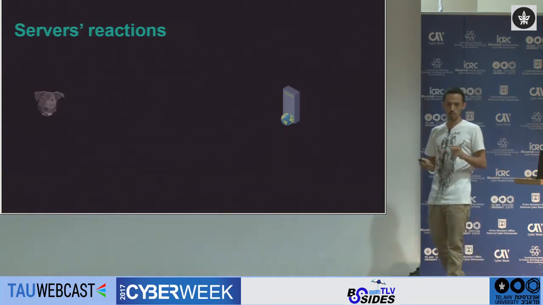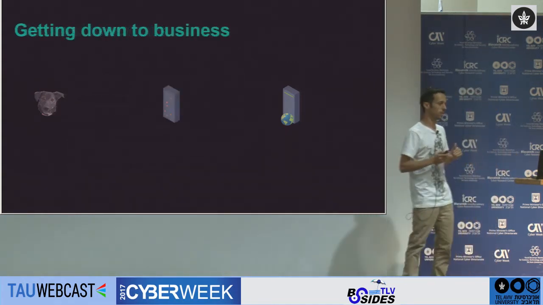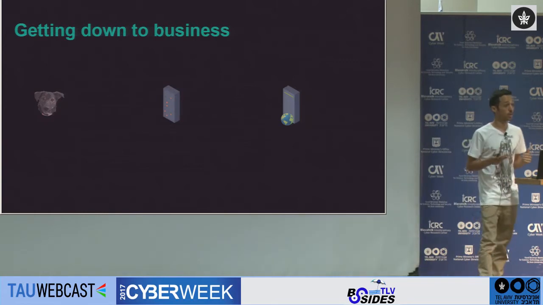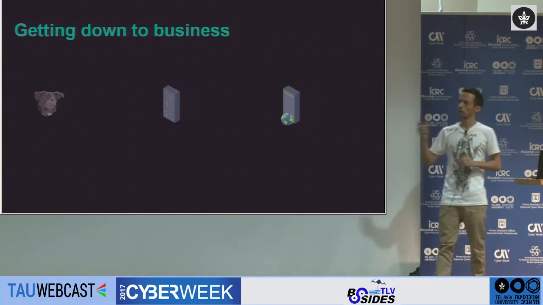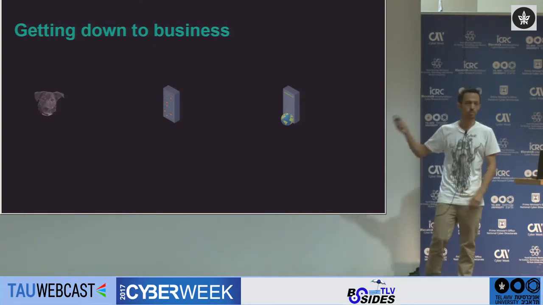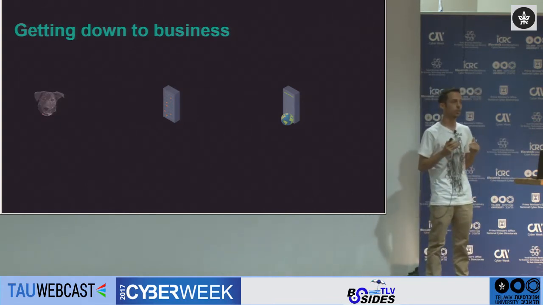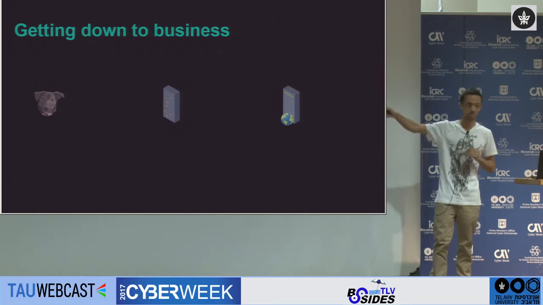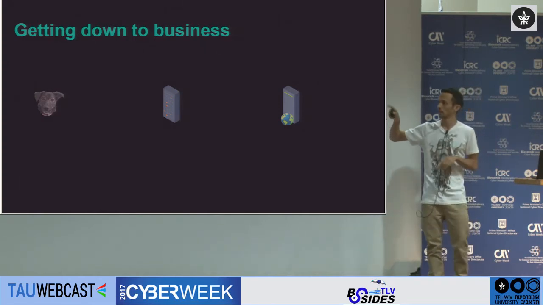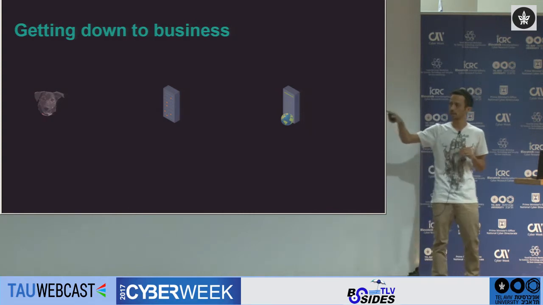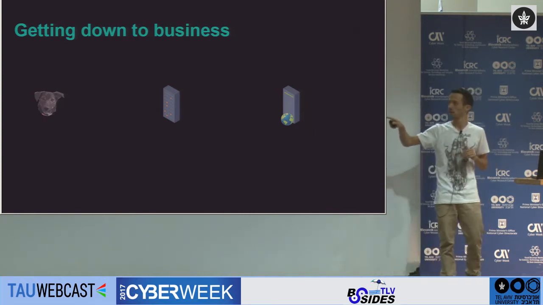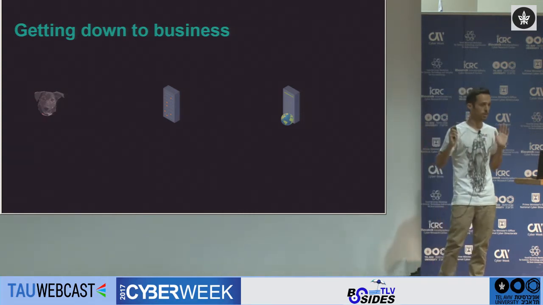So we've covered the 2 important baselines. Now we can get down to business. Let's talk about the attack and understand how web cache deception works. So here on the right, you can see a web server hosting the web application of Java's bank. Java is my dog, right? You remember that. Okay, so in the middle, you can see a caching mechanism serving this web server, and this caching mechanism is configured to cache all static files.